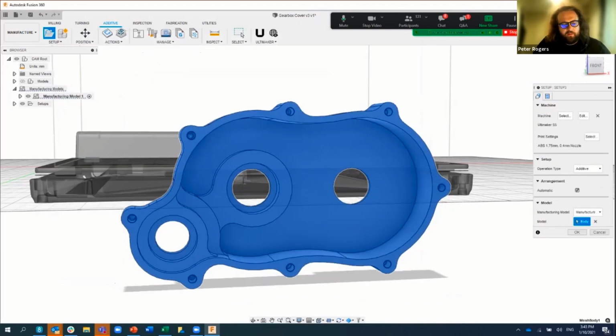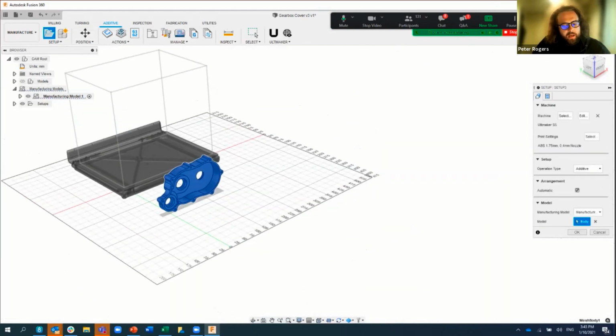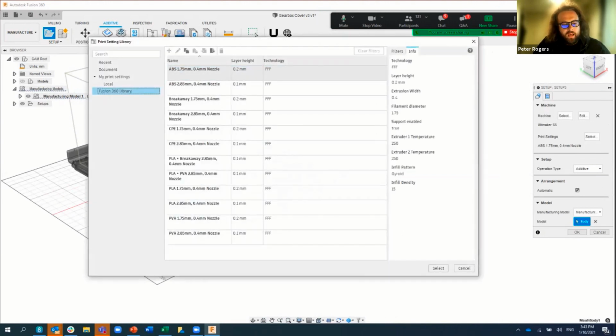We have the representation of the build space, of course, showing here, with the part I already have selected. I can also jump in and check out the print settings. So, if I want to be doing it at a layer height of 0.2 mil, or if I wanted to